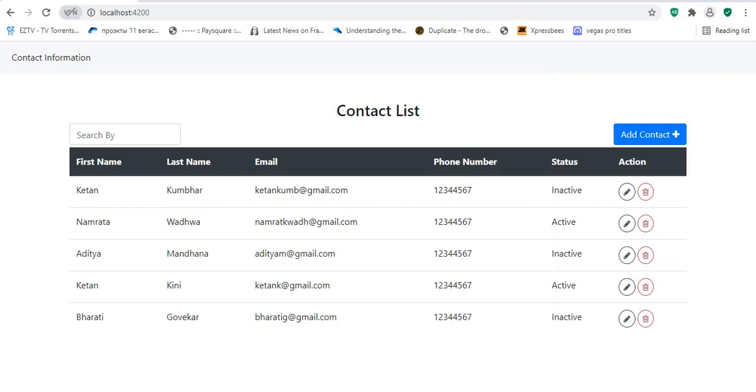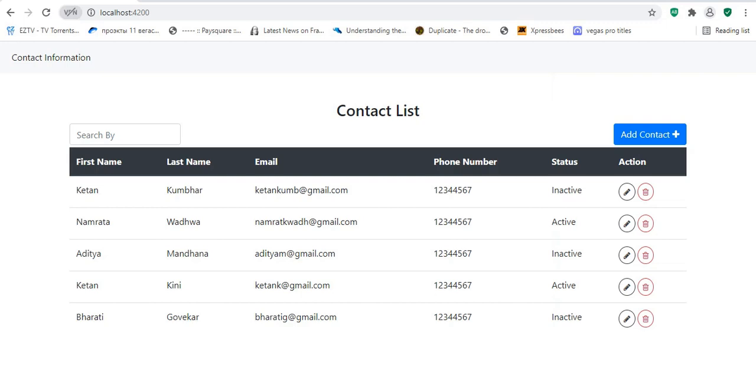This is a contact list. Basically, we have a list of employees with their first name, last name, and the statuses. In AngularJS, we had an option to use ng-if and ng-for. Those are the two structural directives in Angular. Those could be used together on the same div tag or placeholder tag, whichever we use to iterate over the list of elements and show it in a tabular format.